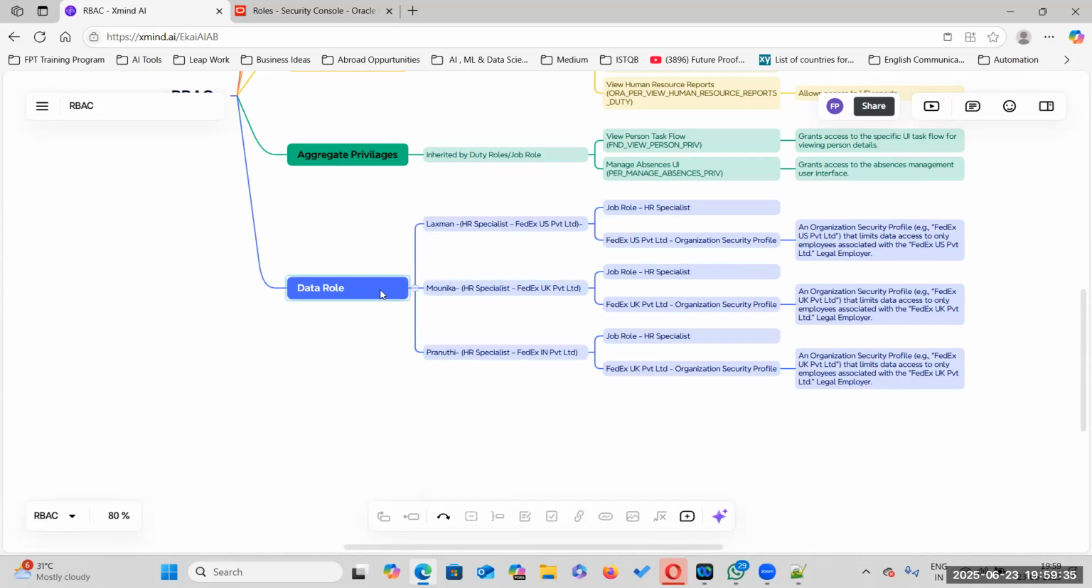So Pranati, first of all, she cannot view the data. She cannot view the employees who are working in FedEx UK Private Limited or FedEx US Private Limited. She cannot have any kind of access: how many employees are working in UK or in US, what are their salaries or compensations. She cannot have any view. Vice versa, Lakshman cannot view how many employees are working in UK or in India. So with this, if something wrong happens within US or India,